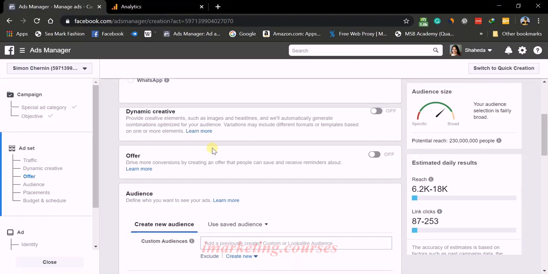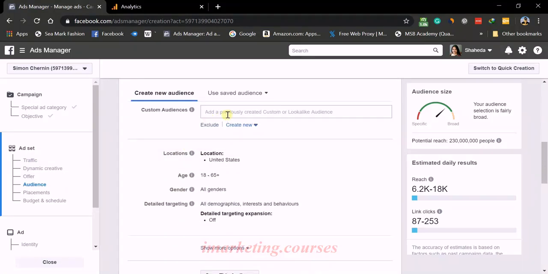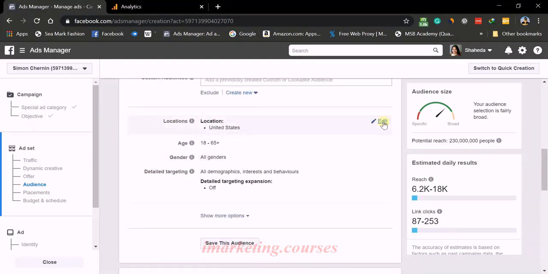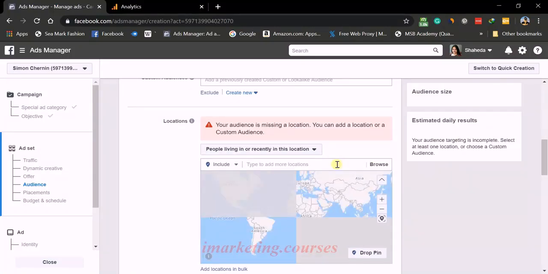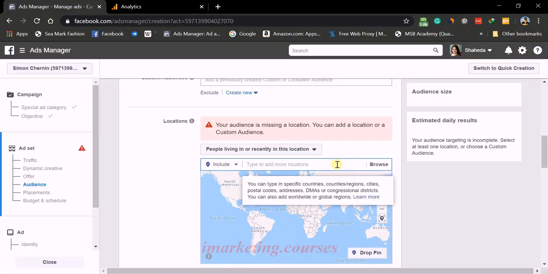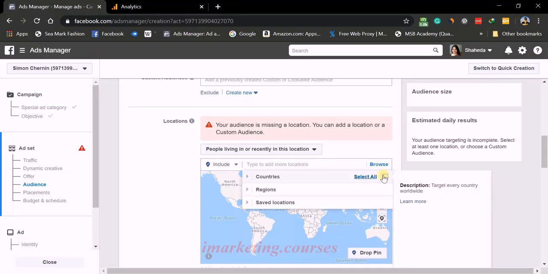So let's start with this. We're gonna go with create custom. We're gonna target all. Actually, at first we're gonna target all, but later we're gonna do some kind of filtering to get the best countries that will give us high traffic at a low price, so that we can sell those on AdSense at a high price. So always the pricing fluctuation is our main goal. So we're gonna click on browse, click on select all,